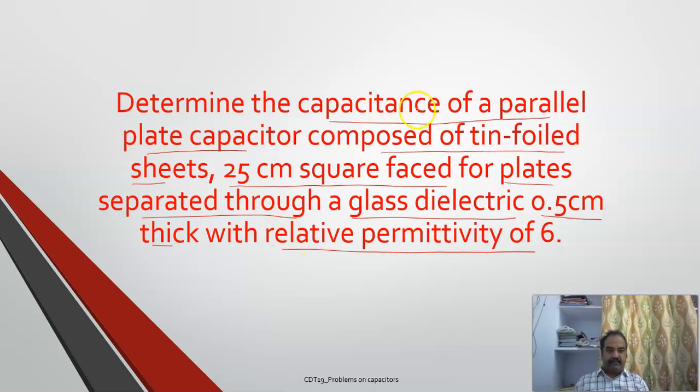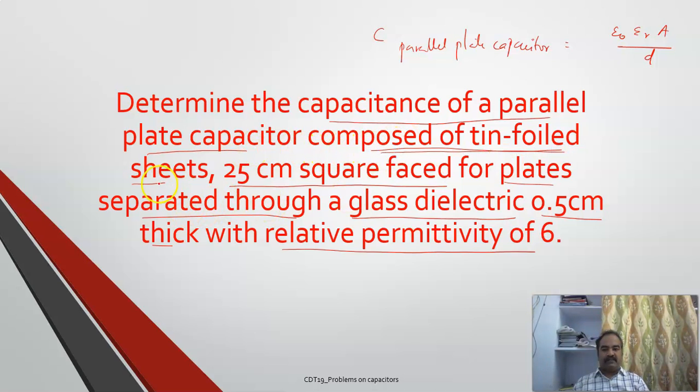Once again, breaking down the sentences: determine the capacitance of a parallel plate capacitor. So what does he want? Capacitance of a parallel plate capacitor, and we know the formula for this one. It is epsilon naught epsilon r A by t, right? And he's saying that